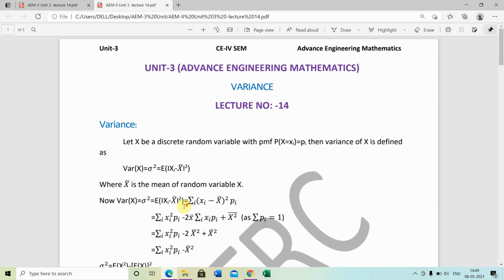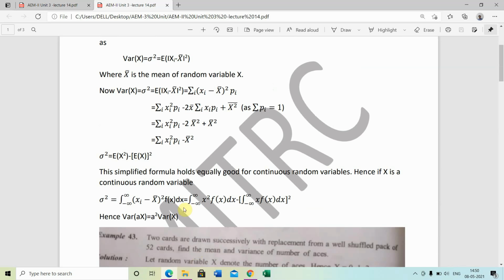Then these are the main formulas of variance X in discrete and continuous form. In discrete we get variance X equals summation i xi square pi minus x bar square. In continuous form it is variance X equals integration between minus infinity to plus infinity x square f(x) dx